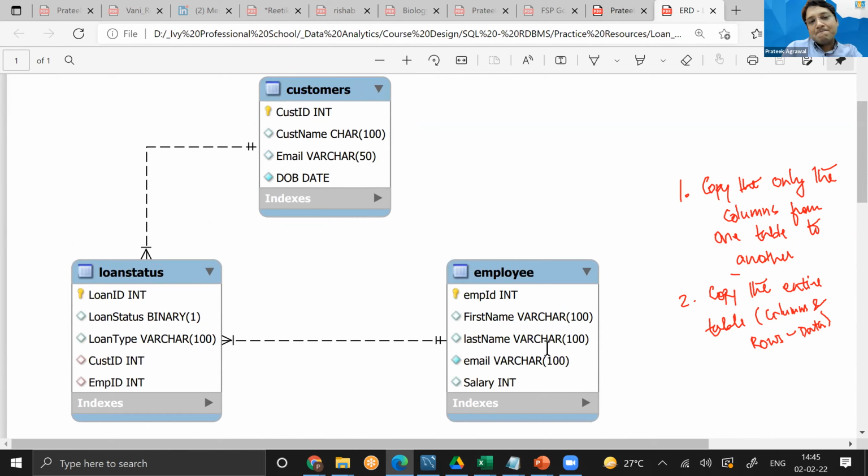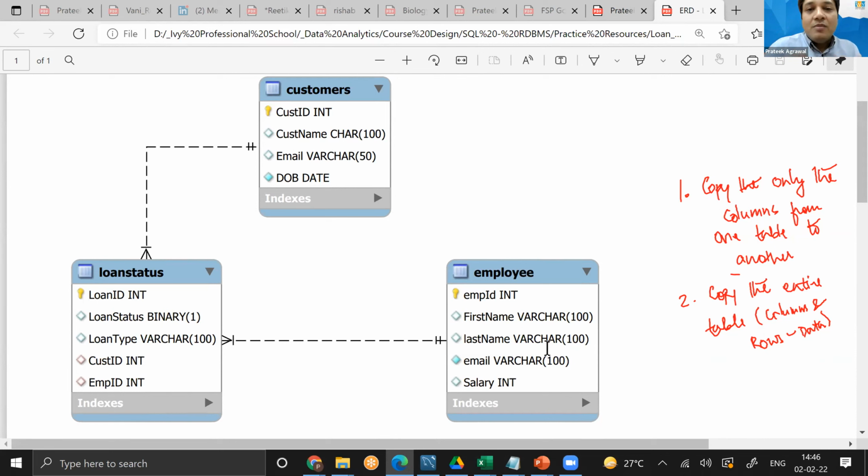Pratik, what are these indexes here? Indexes, again, I don't want to go into the details of the indexes. Indexes are those columns which have some specific restrictions. For example, primary key and unique column. What happens is, Sanjeev, indexes are created on tables on certain columns to speed up the searches. Generally, those columns which have special constraints, for example, primary key and unique, have been given those constraints because probably they are more important and hence more